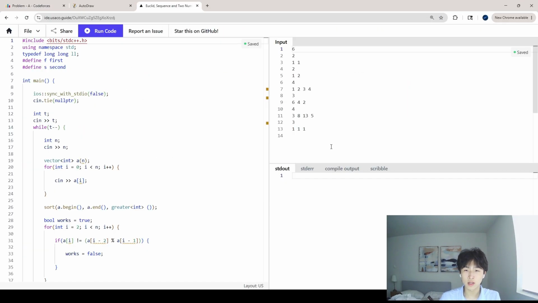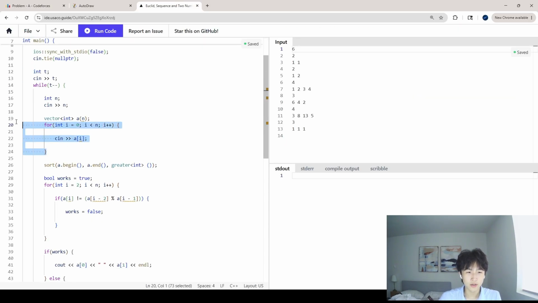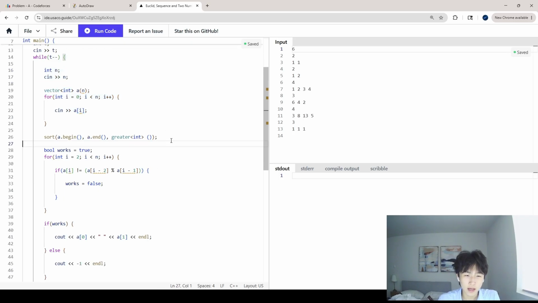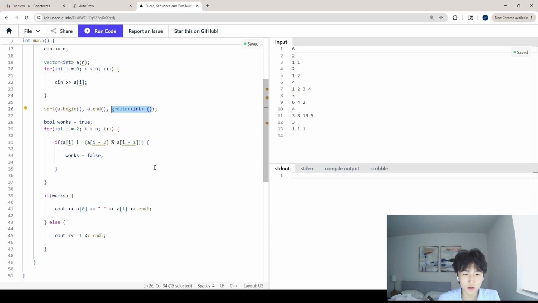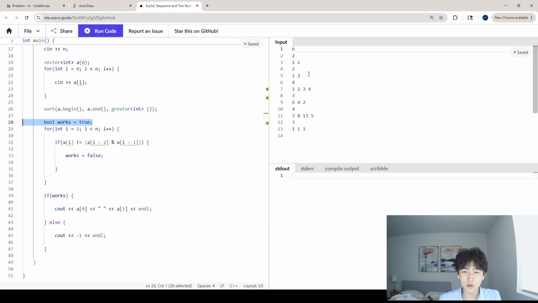So now we can look at the code. First we insert in all the values, as you can see right here. And I sort it in descending order, and you can see it's greater. This is the comparator you want to put when sorting in descending order. And I create a variable that maintains the fact that it works. So each value is equal to the modulo of the two values before it. And you can see that right here, starting from index 2, which is 0 based, and I check